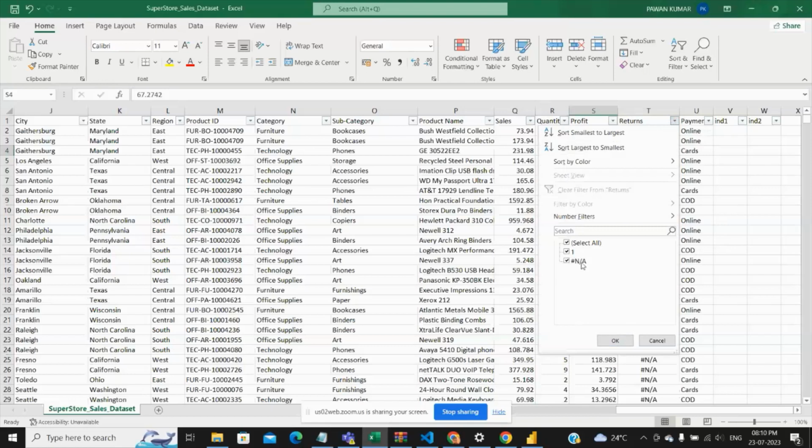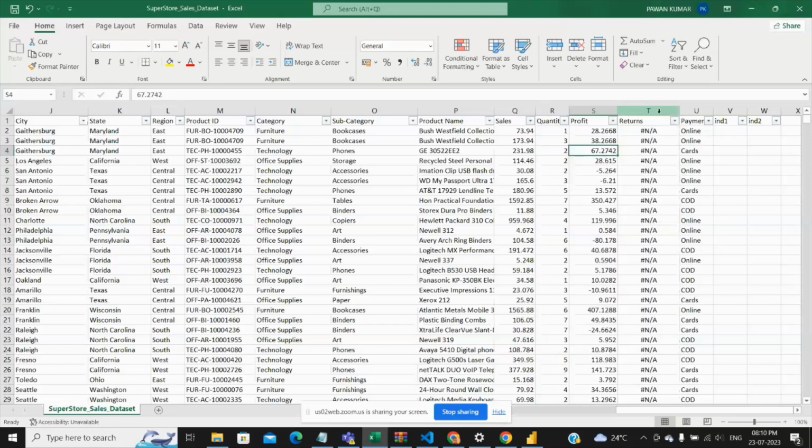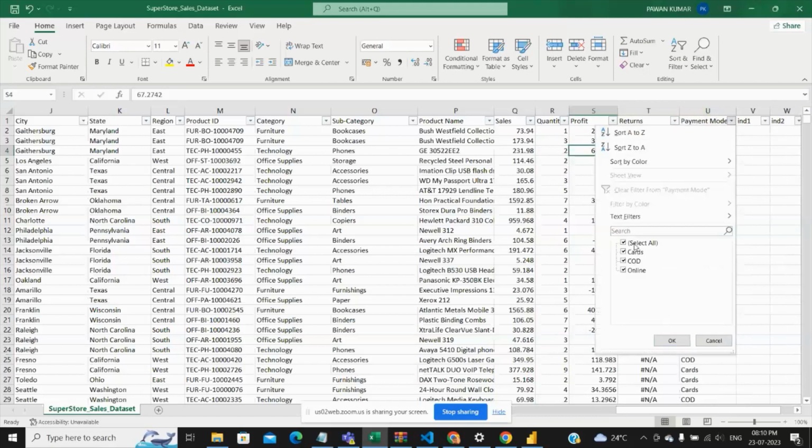So NA is not a number, so it won't add up. If you make this NA as 0 and then put the sum conditions here, you would get the total number of returns, right? Then you have a column as payment mode. So you can see here what the different kinds of payment mode are: card, COD,